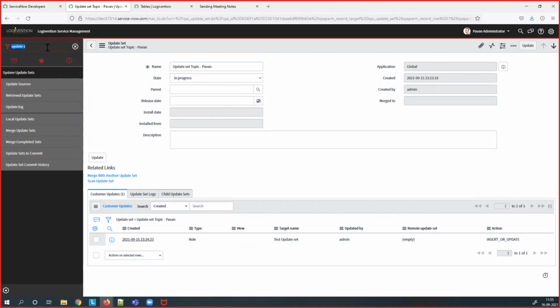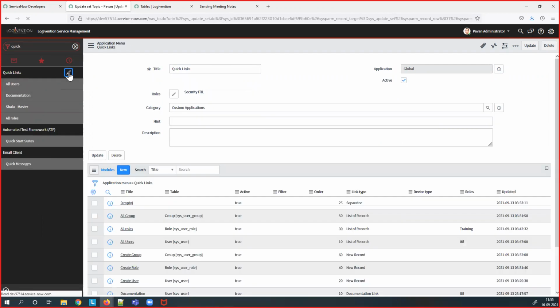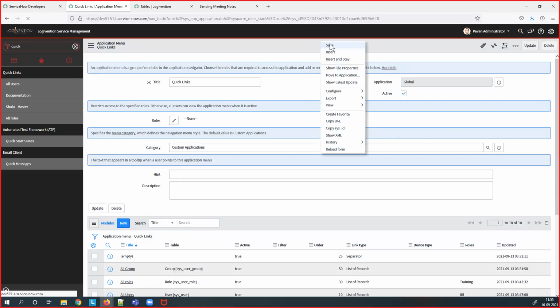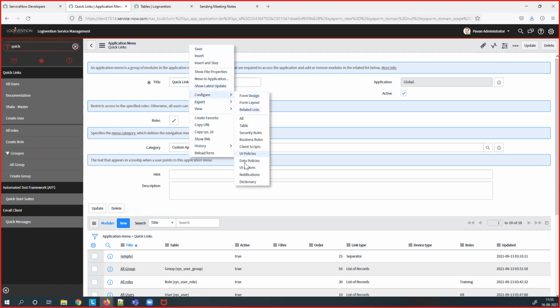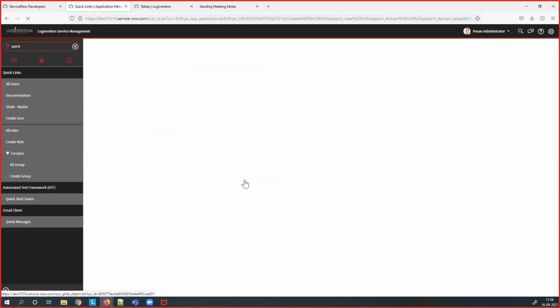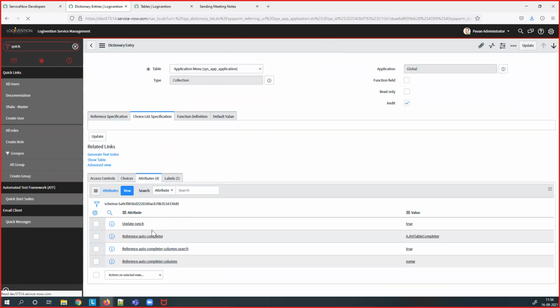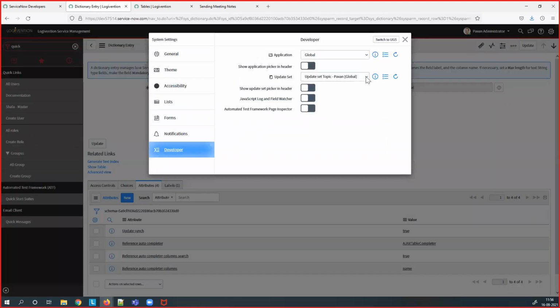But now if I go to quick link, and if I modify this, instead of security ITIL, maybe I will remove this, I will put ITIL. Okay, I will remove the role, that's it. This is nothing but the modification of a record for which table? This application. For this table, go configure. Let's see whether the update sync property is true or false for this table. Go to collection. So there is update underscore sync. It means this record also gets captured into update set,